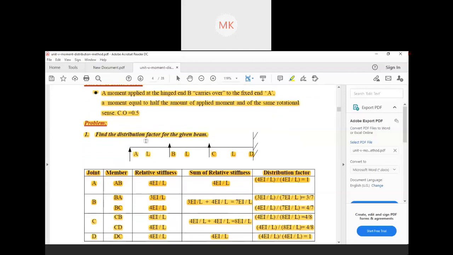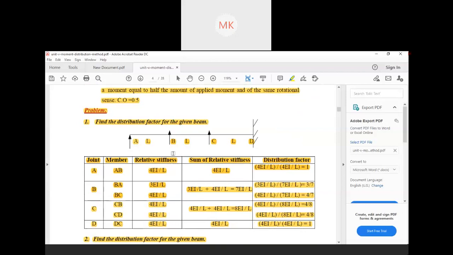So these are some in tabular format. How do we need to find out? See, this is a beam, an example for this beam. How do we need to find out the distribution factor? As you can see here, at A there is one single member joined, AB. So joint A, member AB, relative stiffness is 4EI by L, as it is. For the sum of relative stiffness, there is one member, so directly you can put this. Dividing the relative stiffness by the sum of the relative stiffness, you can easily find out the distribution factor